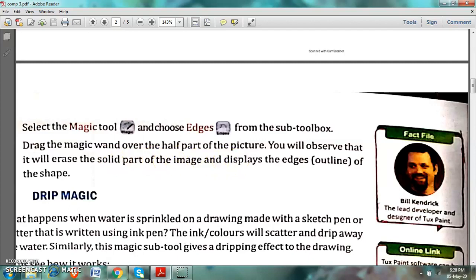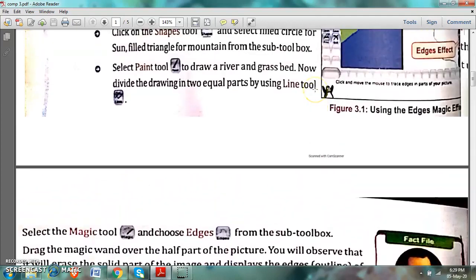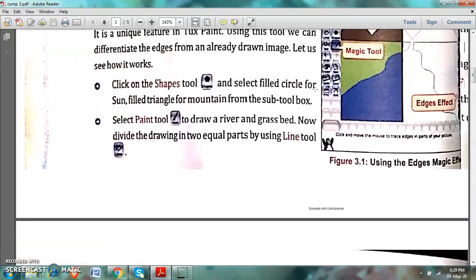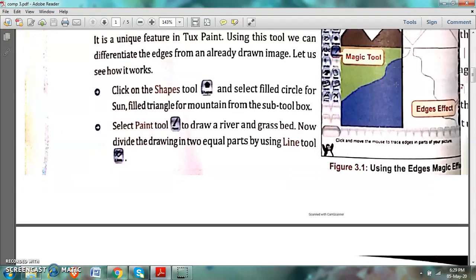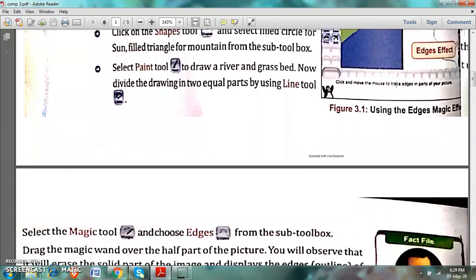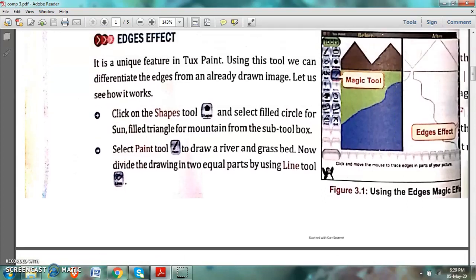Edges means outline only. See, in the previous picture you had filled the color in full. Here color was filled in the full picture, and when we divided it, at that time also the picture was of the same kind, the colors were there. But when you have applied the edge effect, from this picture the colors are removed and only outlines are left.